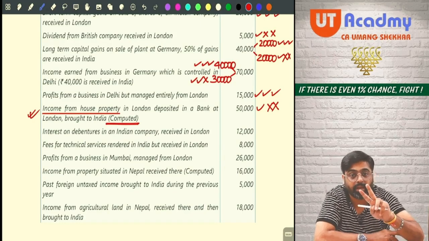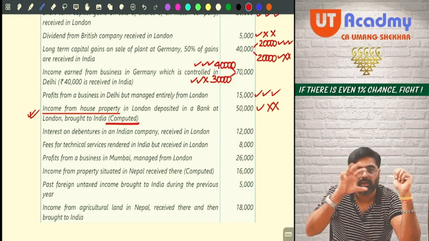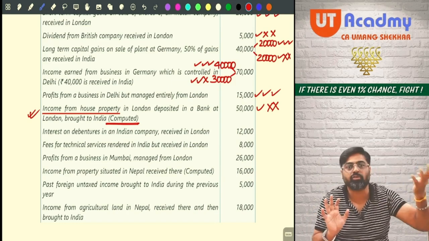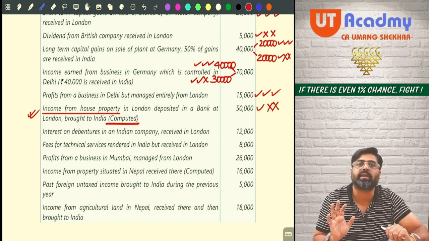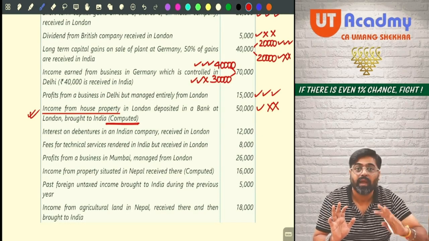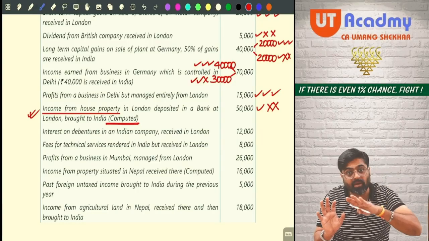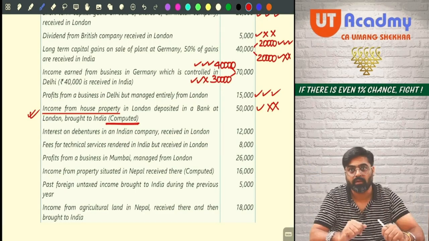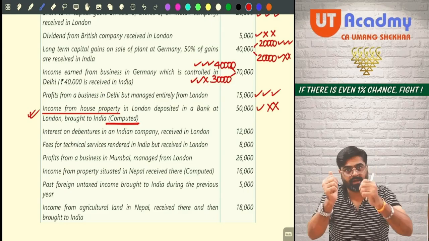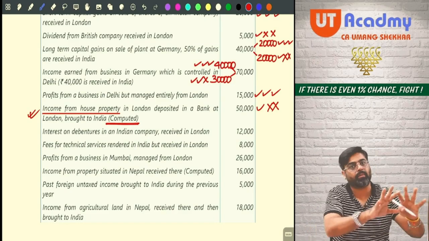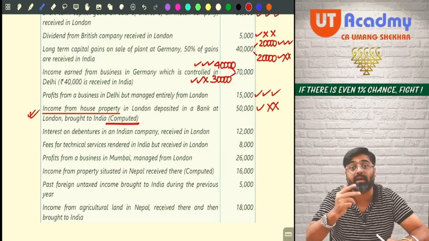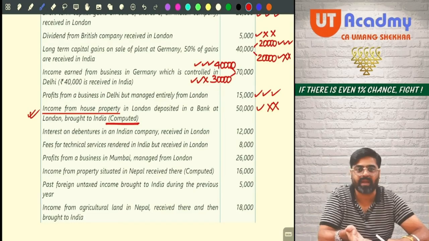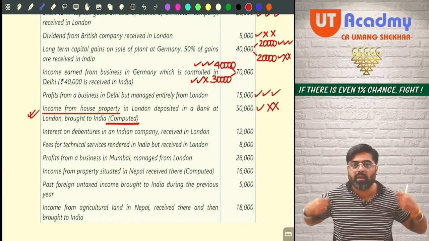That means now it has two interpretations. Income from house property given is computed. Let us assume that. Then don't take 30% standard deduction. And if we assume that the income from house property, what they want to say is rent from house property, and since they are not saying that it is computed, we will take 30% standard deduction. We will have to make an assumption. Yes or no? But here we are not supposed to make any assumption. They have told you that it is a computed income.